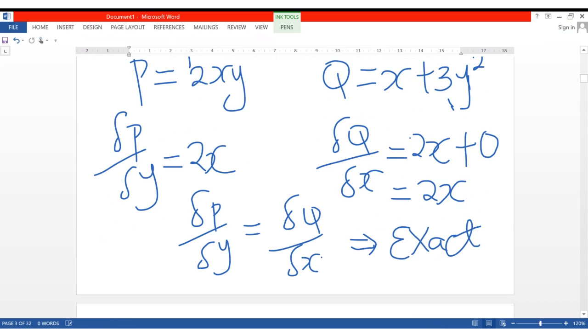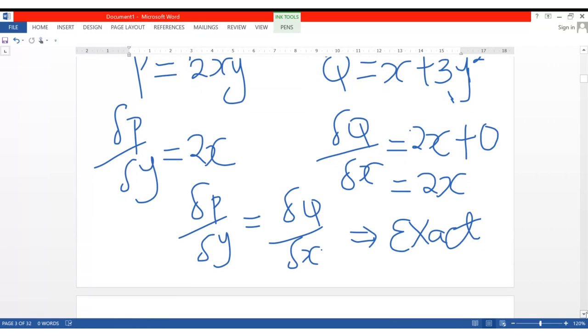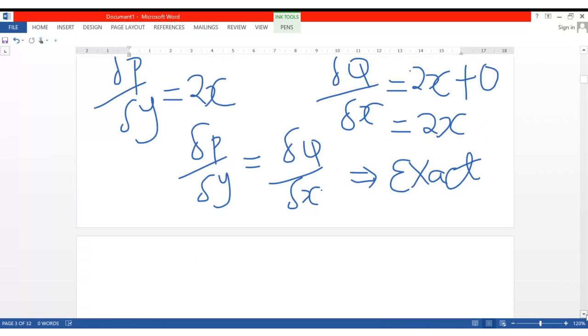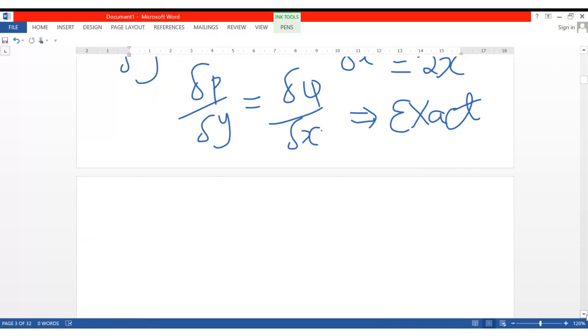So that's the first thing you check. You check if the equation is exact. Don't be in a hurry. By differentiating p partially in terms of y, and we differentiate q partially in terms of x. So now if they are exact, then it becomes a bit easier. Now from there, this is what we do now. I'll go back to my p. So my p was given by 2xy, and my q was given by